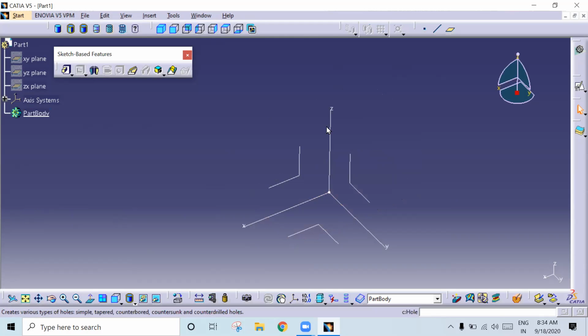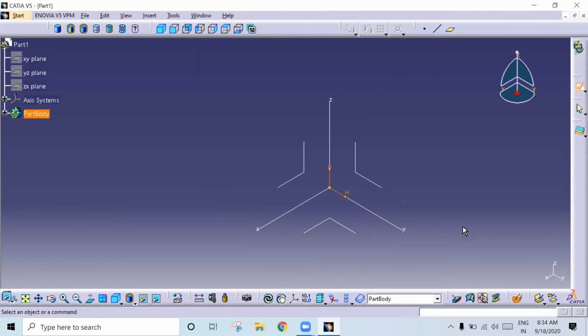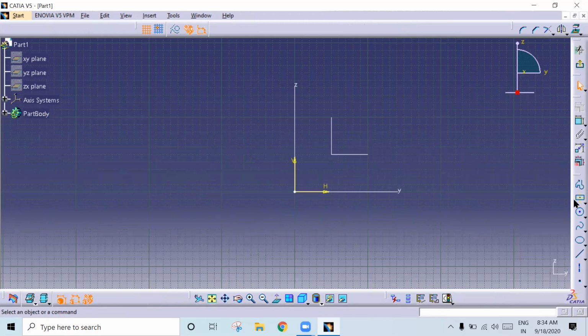Okay. So next we have very important shaft option. So shaft is a material adding feature and it is used to create cylindrical surfaces. Okay, cylindrical features. So for that what I will do, I will select this front plane and I will go to position sketch and give OK. So once you give OK, so here what I will do, I will create a rectangle here.